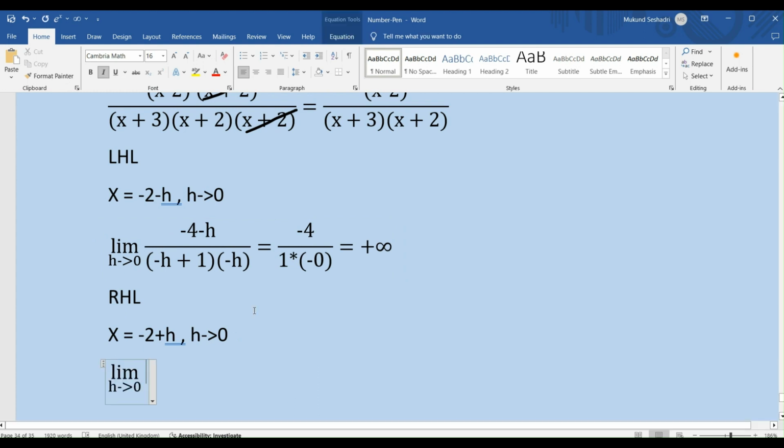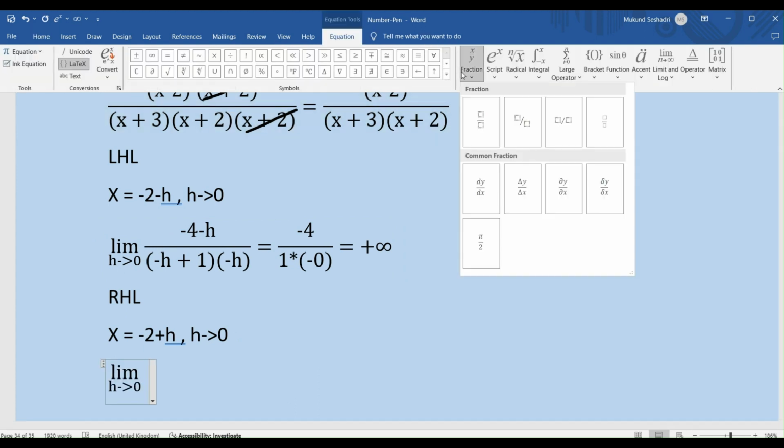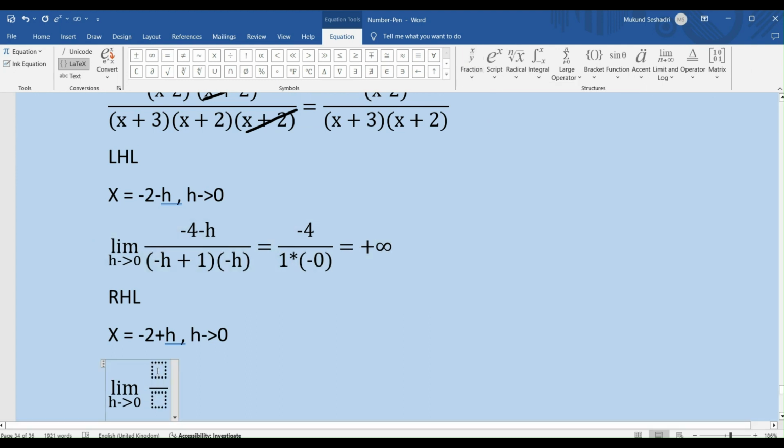an expression which is very similar to what we saw in our LHL, but with a small difference, right? So your x minus 2 in the numerator becomes minus 4 plus h, and my x plus 3 part of the denominator becomes minus 2 plus 3 plus h, which is nothing but my 1 plus h, right? And then I have my x plus 2 becoming minus 2 plus h plus 2, which is nothing but h, right? And when I do a h